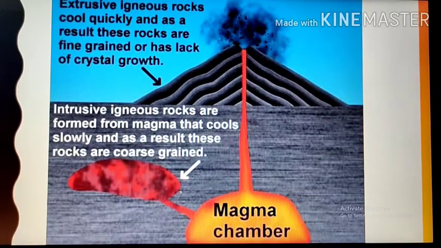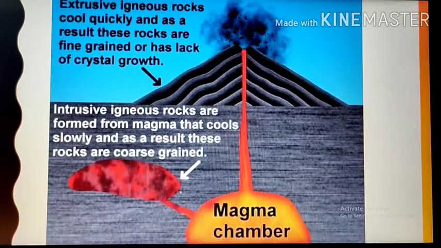Intrusive igneous rocks are divided into further two categories. One is plutonic igneous rocks and another is intermediate igneous rocks. Plutonic igneous rocks are formed deep below the crust and granite is its example. Intermediate intrusive igneous rocks are formed at intermediate depth and the example is dolerite. Igneous rocks are used for building purposes, for constructing roads, making grinding stones, etc. Valuable minerals can be derived from igneous rocks.